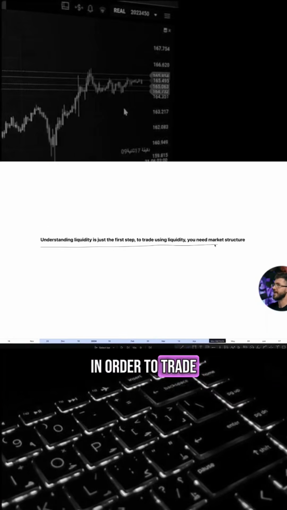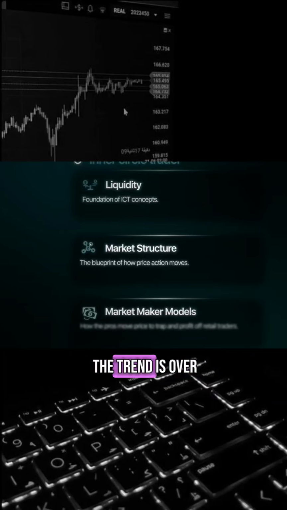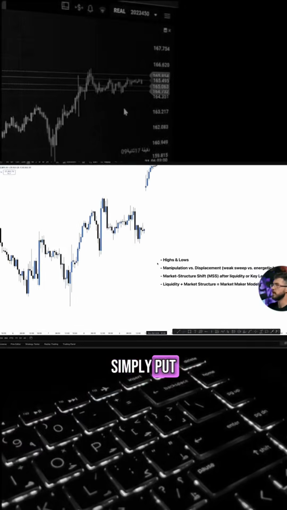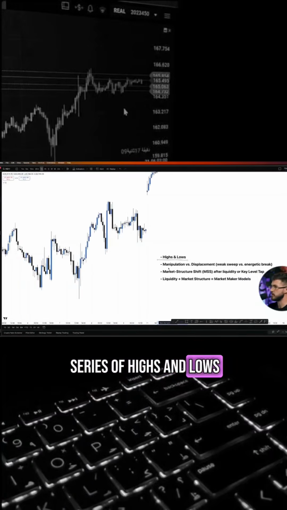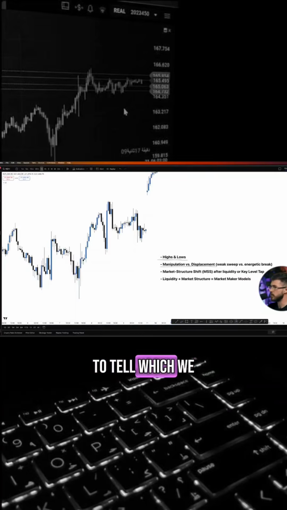In order to trade and execute using it, you need market structure. If you could spot a signal that tells you when the trend is over or when it's likely to continue, would that change the way that you trade? Simply put, market structure is just a series of highs and lows, but not all highs and lows are created equal. So we have to use a tool called manipulation and displacement to tell which we want to pay attention